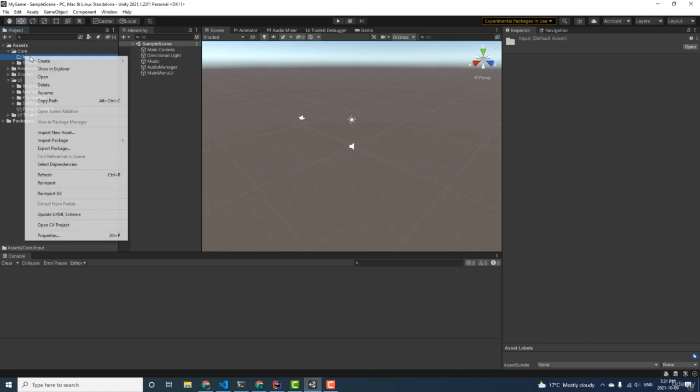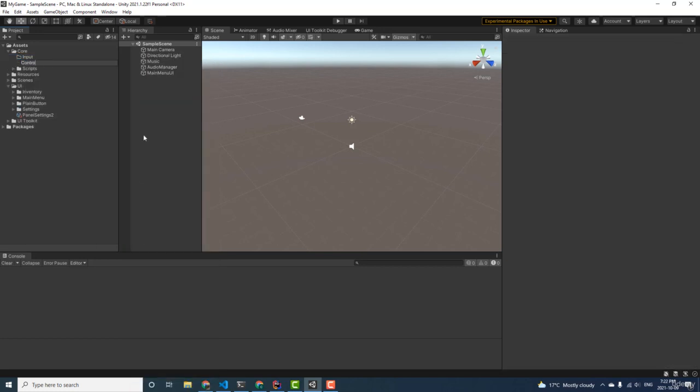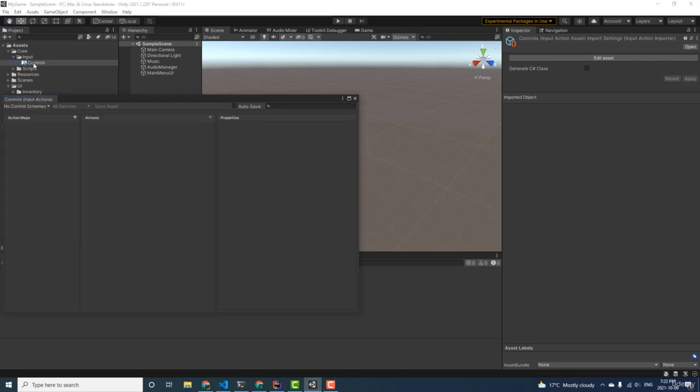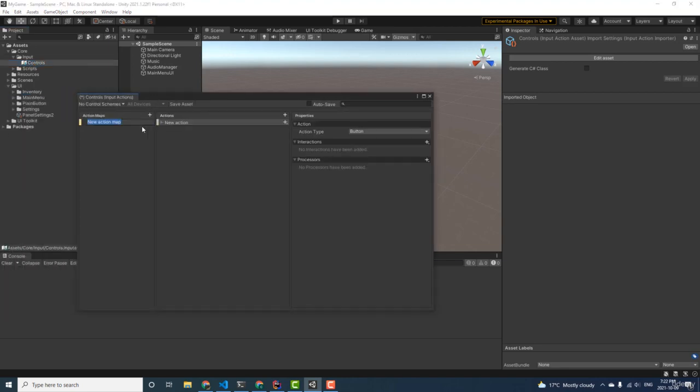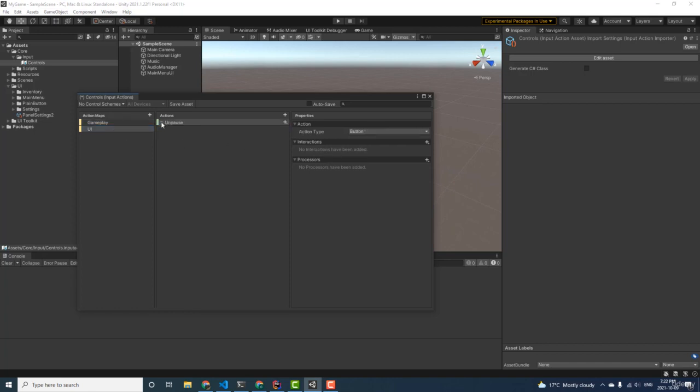Once you're back in Unity, we're going to create a directory called input. And then within there, we are going to create a new input action, and we're going to call it controls. We're going to open that up, and then I'm going to create two action maps, gameplay and UI. During gameplay, if the player presses the escape key, we're going to open the pause menu, and then in the UI mode, when the user presses the escape key, we're going to